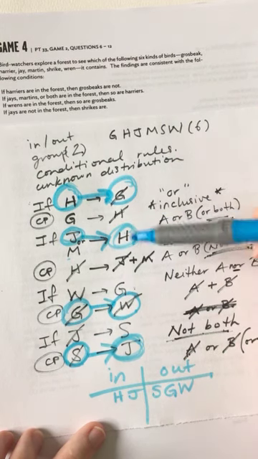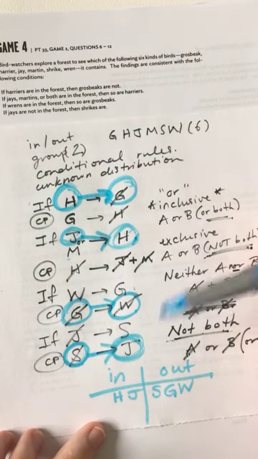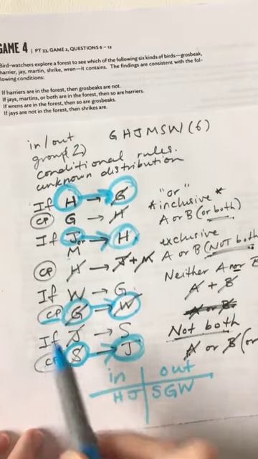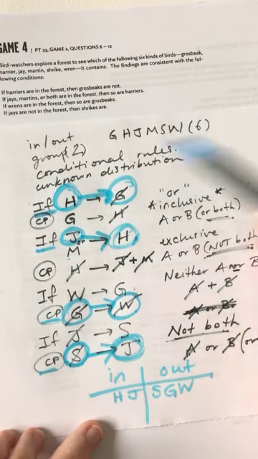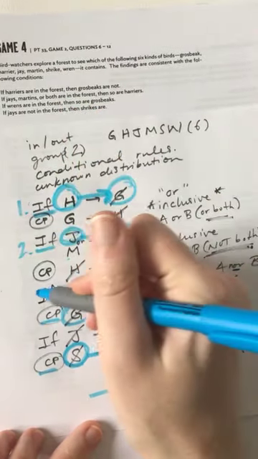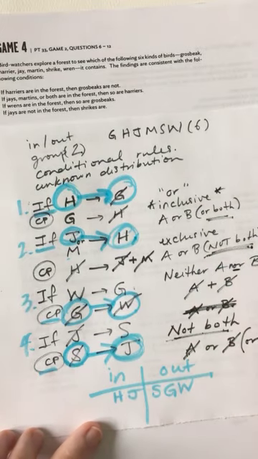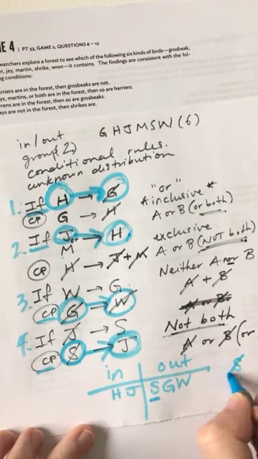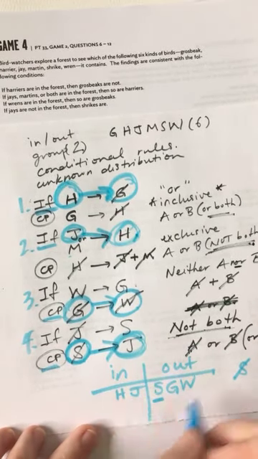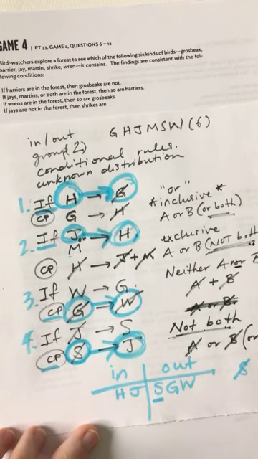Yeah, so I've actually used all 4 of my rules. Sometimes I've used the contrapositive, and sometimes I've used the original rule. But I have used all 4 of these rules at some point in coming to this conclusion. So we started with the information that S is out, and we got all of these deductions from that. So 5 of our players, 5 out of 6, have set positions. All we need to know is that S is out, and we can know all of the